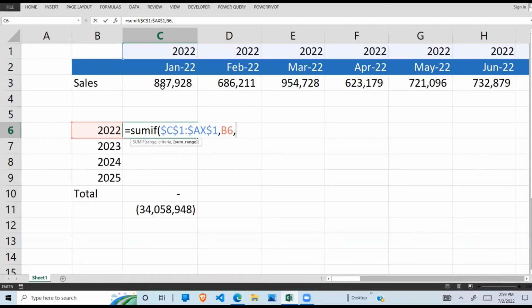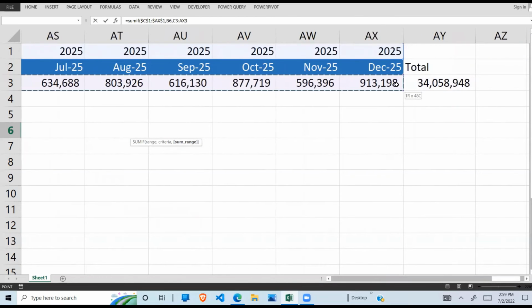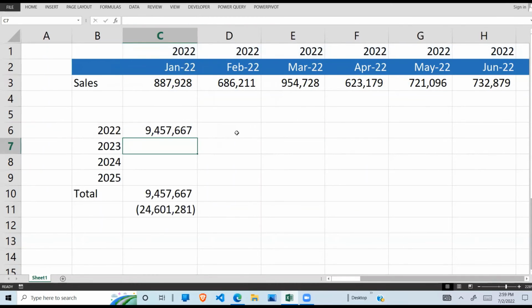Where is the range of the figures I want to pick the criteria of 2022 and sum? So my range is what I'm selecting here, and I lock them because I'm going to copy my formula down and I don't want it to be messed up. So having achieved that, I close my brackets and press enter.